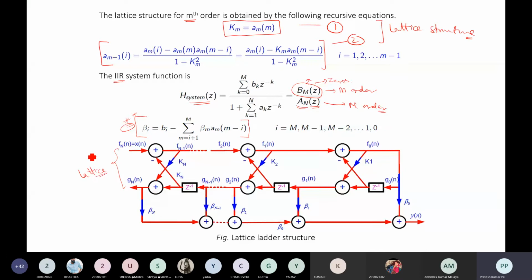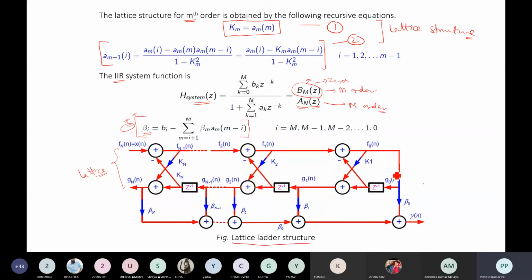Okay, so once these coefficients are known, up to this part it is the lattice structure that we have gone through in the previous class, the same previous slides. Okay, but once we have the numerator polynomial also, in that case this numerator polynomial along with this denominator polynomial can be implemented at the same time by using a lattice and a ladder below that lattice. Okay, so this ladder that we will be using will have coefficients given by beta i. Okay, so beta i will be giving out the coefficients, and this type of structure is called lattice ladder structure.